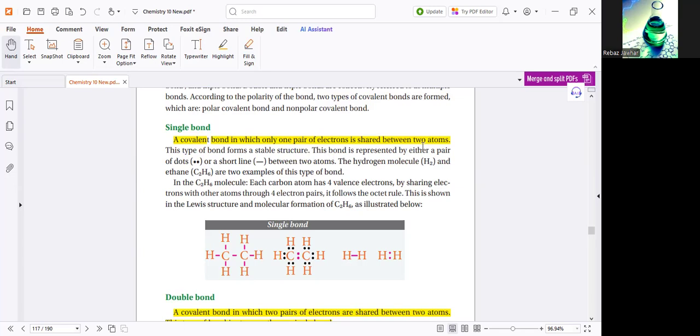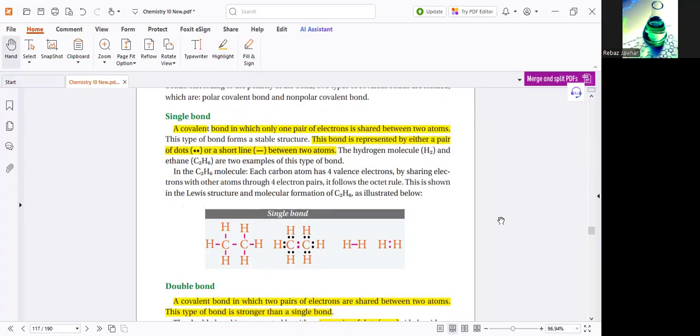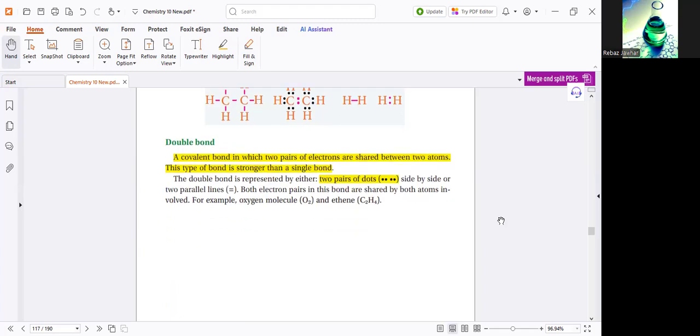Okay. How is this bond represented? This bond can be represented by either a pair of dots or a short line between two atoms. For example, here, carbon-carbon single bond, a pair of electrons, two electrons. Hydrogen-hydrogen, a single bond, which we can represent by two dots. It is a single bond, the first class of the covalent bond. Second class,